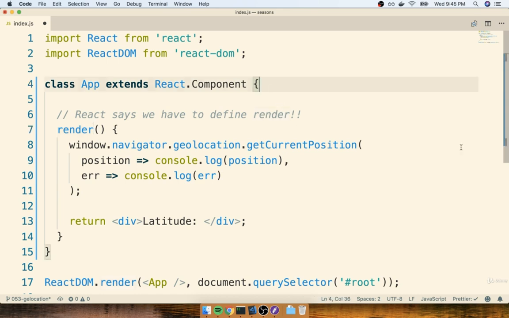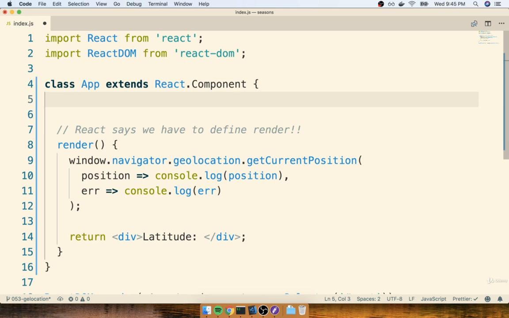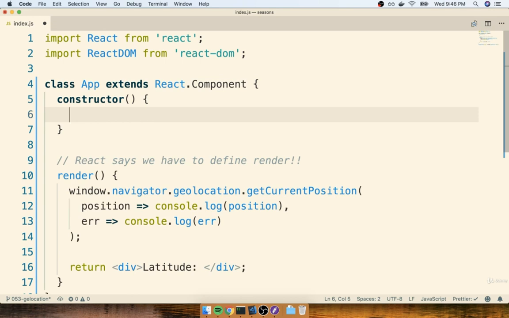There's another function that we can define inside of our class-based component. This is another very special function. It has a very special name, just as the render method right here has a special name. But this other function is not required by React, and it's more of a function that belongs to the JavaScript language itself as opposed to some very React-specific thing. The name of this function is the constructor function. So this is a specially named function that is particular to the JavaScript language, not specific to React.